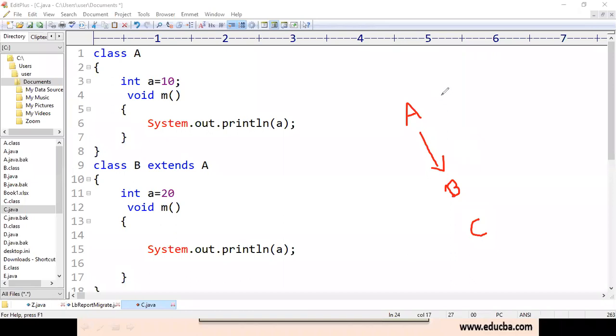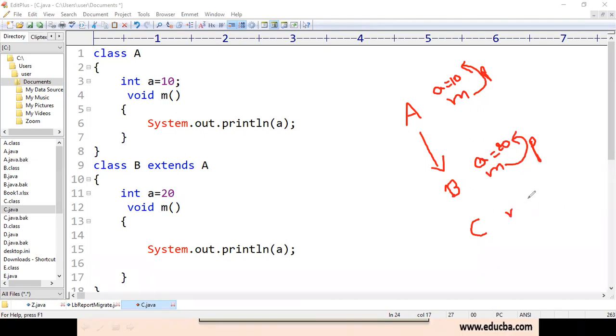In class A, I have declared an integer variable a with the value 10, and there is one method m, which will print the value of a on the output screen. Similarly, B also has the variable a with the value 20, and in B also we have a method m, which is going to print the value of a on the output screen.